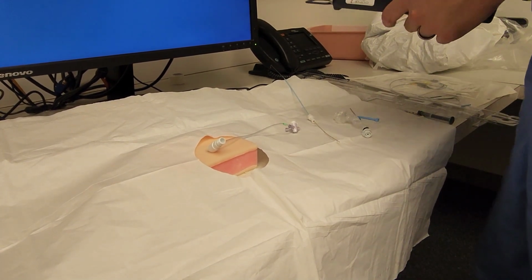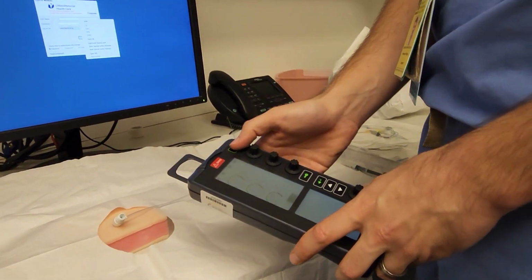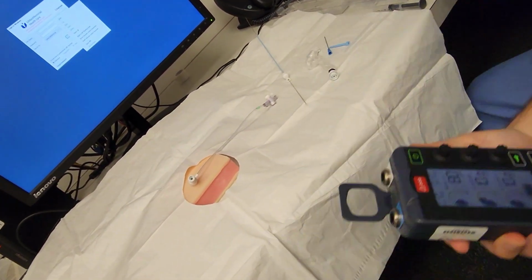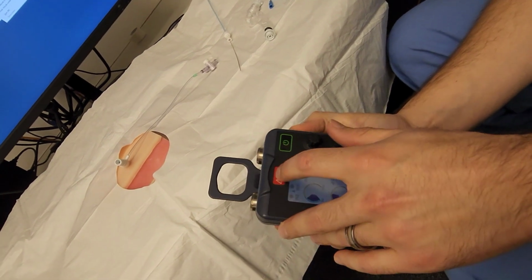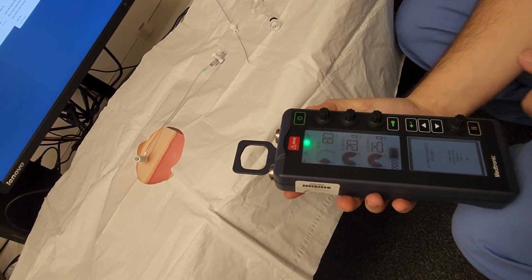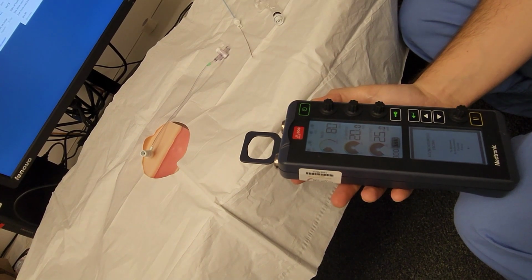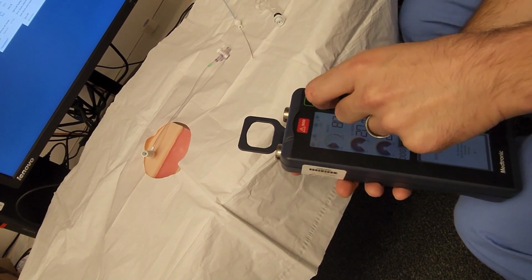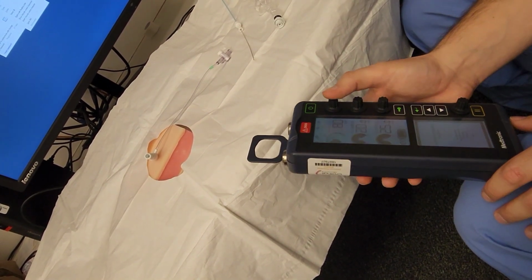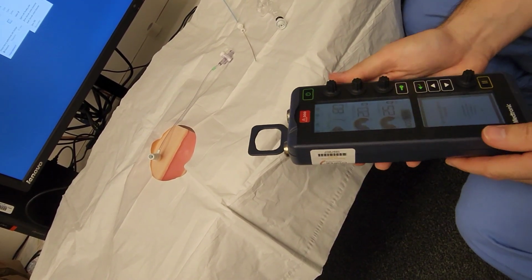Next, you'll have someone else get your pacer box ready. So this is the on button, turn it on. And then what you can do is just put it in emergency mode, so you hit the red DOO button. It automatically sets it to max current output and 0 sensitivity, and DOO, and set the rate to 80 or 10 or 20 beats per minute above whatever the patient's heart rate is. So once that's going,